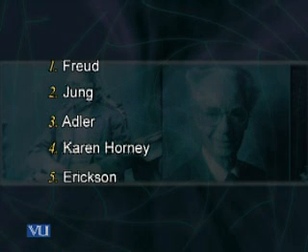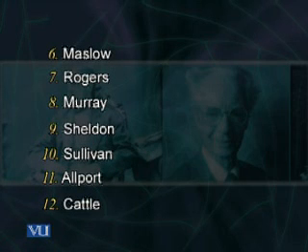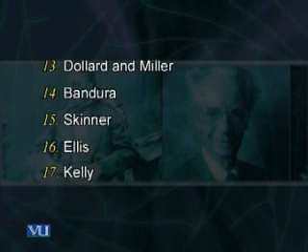आपने जनाब 17 पर्सनालिटी थ्योरीज की, जिसमें आपने की फ्रॉइड की थ्योरी, यूंग की थ्योरी, एडलर की थ्योरी, कैरन हॉर्नीज थ्योरी, एरिक एरिक्सन्स थ्योरी, मैस्लोस थ्योरी, रॉजर्स थ्योरी, मरेस थ्योरी, शेल्डन्स थ्योरी, सलिवन्स थ्योरी, ऑलपॉट्स थ्योरी, कैटल्स थ्योरी, डॉलर्ड एंड मिलर्स थ्योरी, बंडूरास थ्योरी, स्किनर्स थ्योरी, एल्बर्ट एलिस थ्योरी एंड कैलीस थ्योरी। क्लेम ये सारे पर्सनालिटी थ्योरिस्ट ये करते हैं कि देयर थ्योरीज फुलफिल मोस्ट ऑफ द क्राइटेरियाज ऑफ अ गुड पर्सनालिटी थ्योरी।